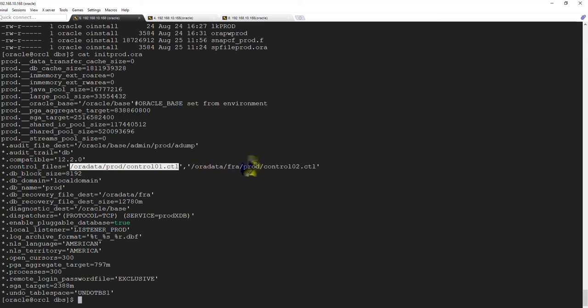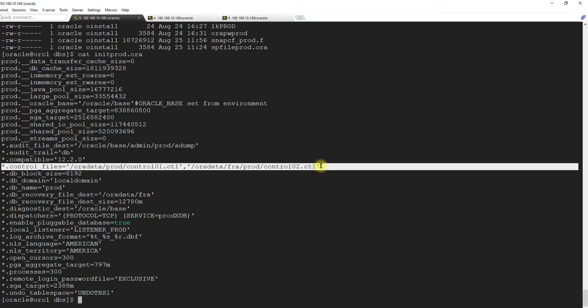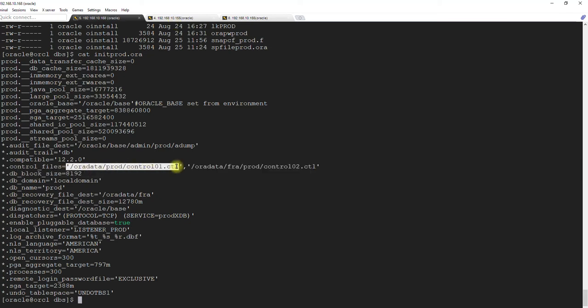So I will explicitly mention this complete parameter in the p file, so don't worry about this location. Then /oradata/fra is already available, as I know, and Oracle base is there. Other than this, nothing is required.